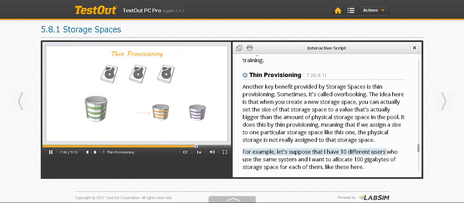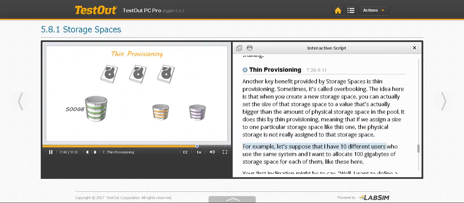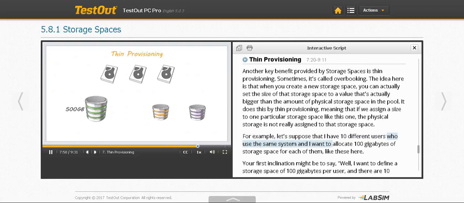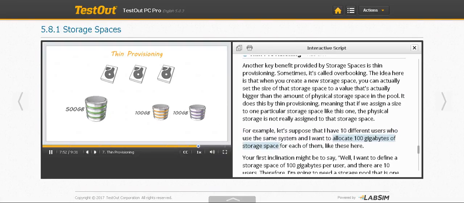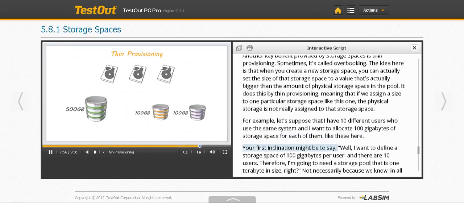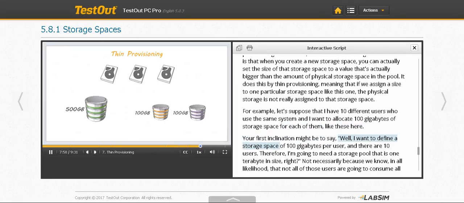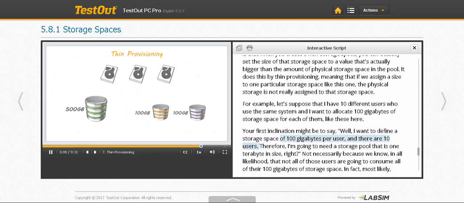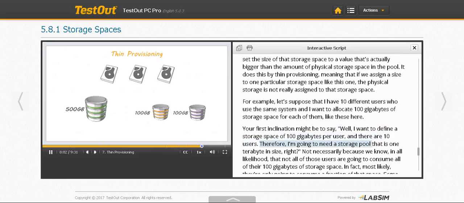For example, let's suppose that I have 10 different users who use the same system, and I want to allocate 100 gigabytes of storage space for each of them, like these here. Your first inclination might be to say, well, I want to define a storage space of 100 gigabytes per user, and there are 10 users. Therefore,